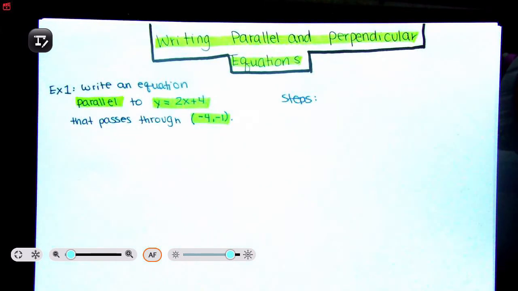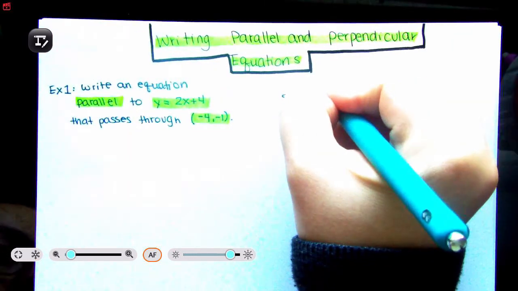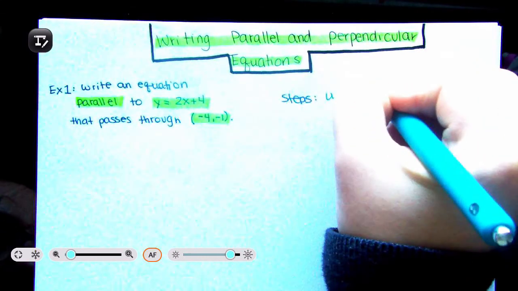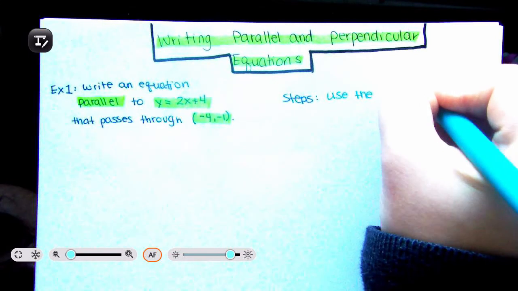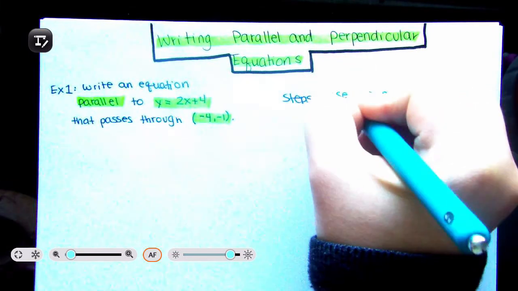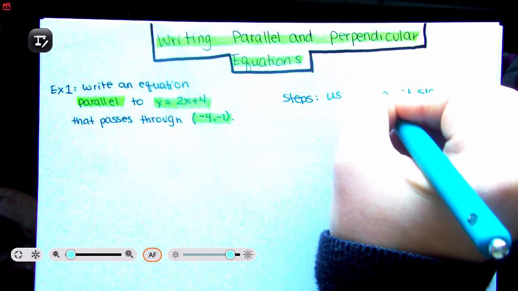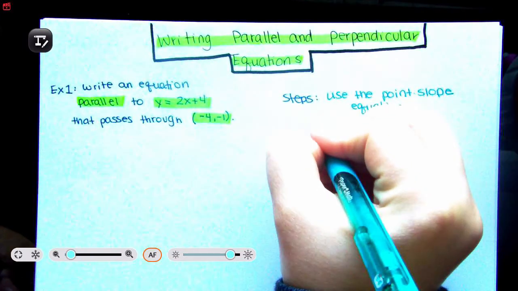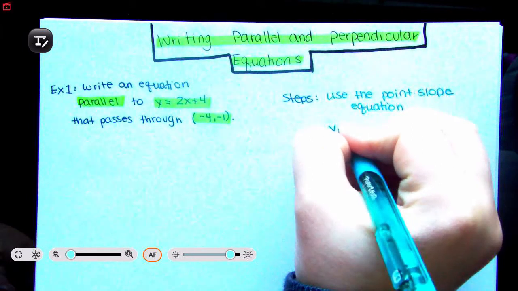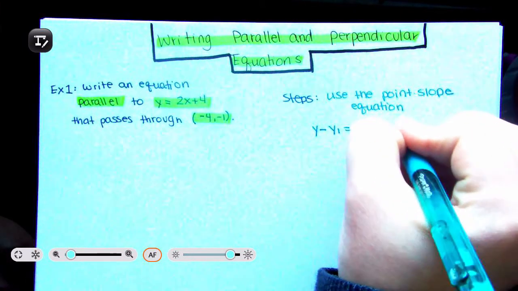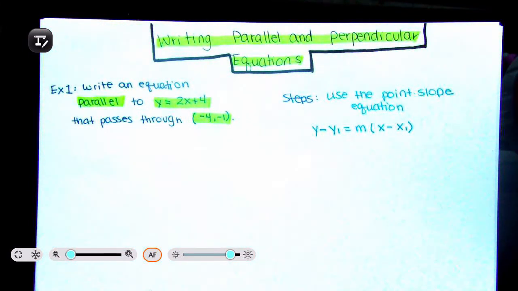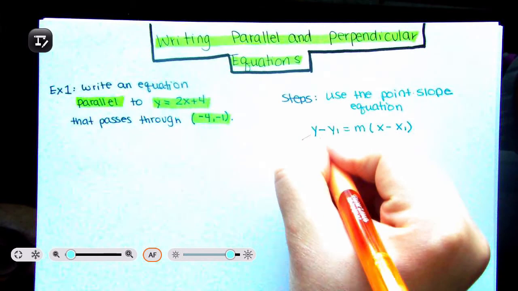Okay, so step number 1 is you're going to use the point slope equation. Now, if you're freaking out right now, thinking to yourself, well, I don't know what the point slope equation is, don't worry, I'm going to let you know what that is. That is your y minus y1 is equal to m parenthesis x minus x1. If you are in my class, we are using our keep change on this equation. So keep,